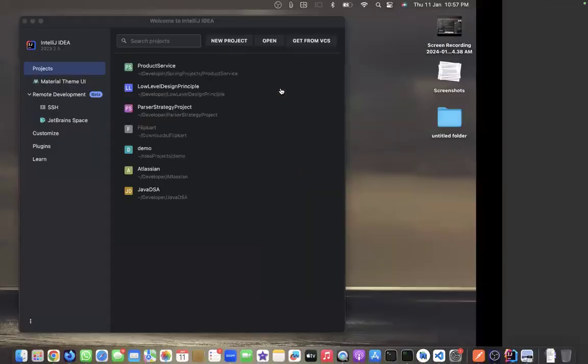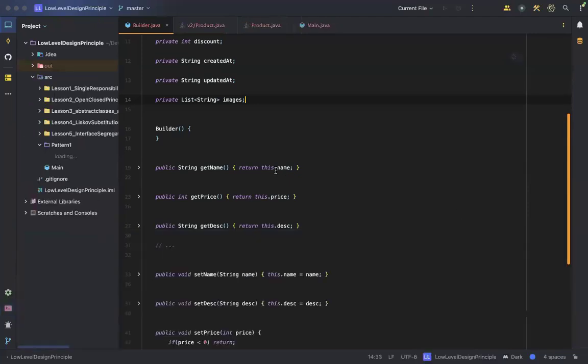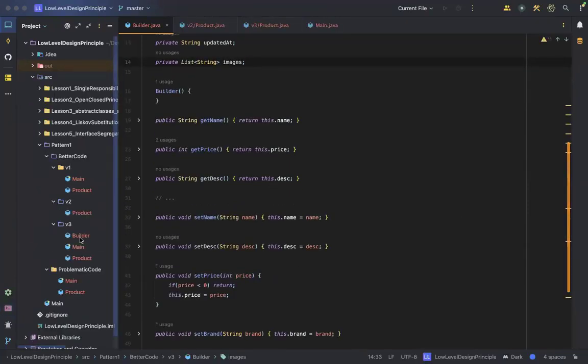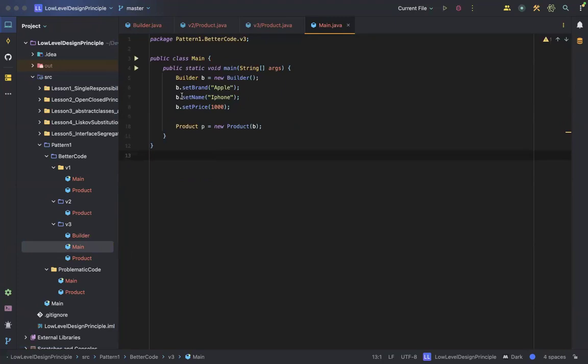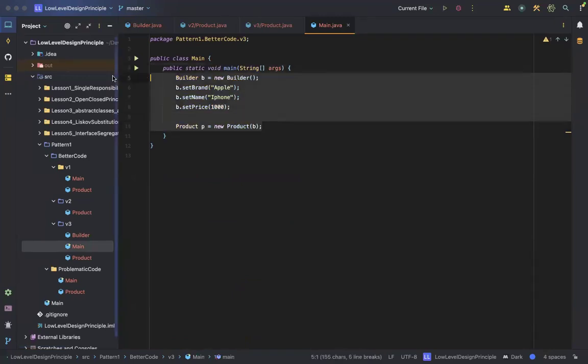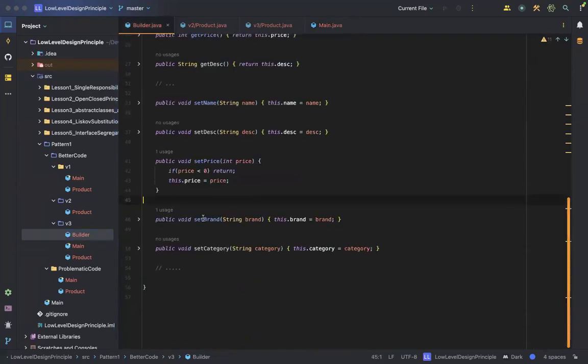ठीक है, कूल। सो गाइस, अभी हम लोगों ने अपने बिल्डर पैटर्न का अभी खाली एक लेवल देखा है, V0 देखा है। नेक्स्ट क्लास में हम लोग इसका कोड कंप्लीट करेंगे। बहुत ही छोटा सा कोड है, V0 हमने देख लिया है बिल्डर का। पर अभी भी अगर तुम मेन क्लास देखोगे तो बहुत अपीलिंग सा कोड नहीं लग रहा है। पहले बिल्डर का ऑब्जेक्ट बनाओ, फिर प्रोडक्ट का ऑब्जेक्ट बनाओ, बहुत अपीलिंग सा कोड नहीं लग रहा है। इस कोड को थोड़ा अपीलिंग बनाएंगे। ये भी बिल्डर पैटर्न है, जो फाइनल सॉल्यूशन हम बनाएंगे वो भी बिल्डर पैटर्न होगा।